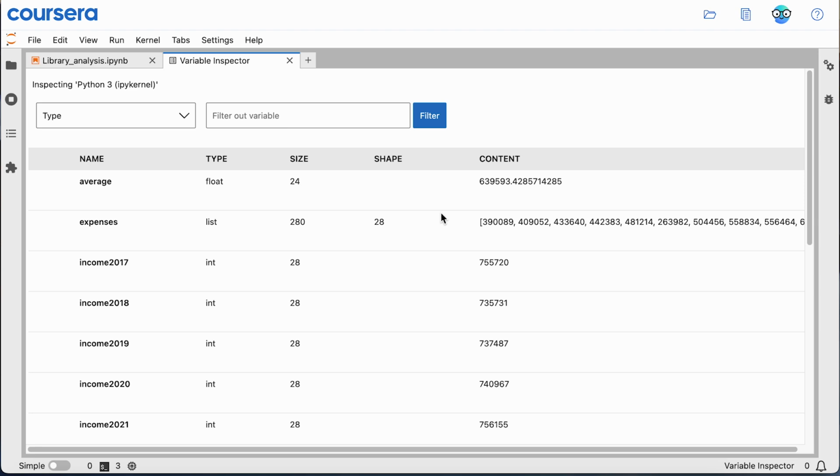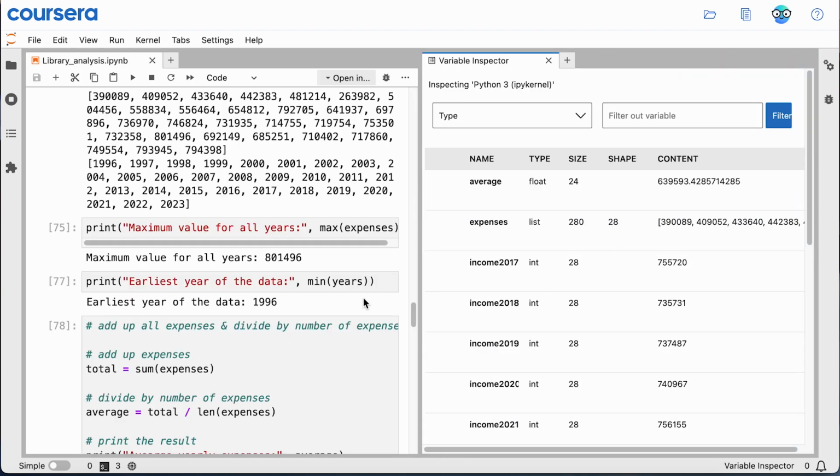Unlike spreadsheets where you can always see your data, Python keeps variables and their values hidden from view by default. While this makes Python efficient for handling large data sets, it means you need to actively check your variables' values using tools like this variable inspector or print statements to avoid mistakes. You can drag this window over to the right side to be able to view variables and the code side